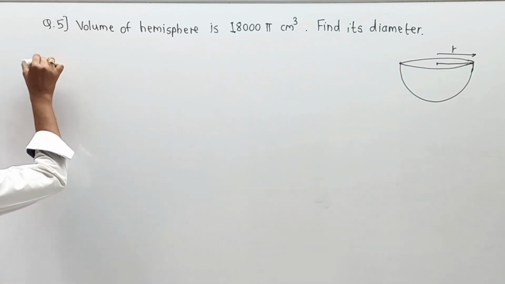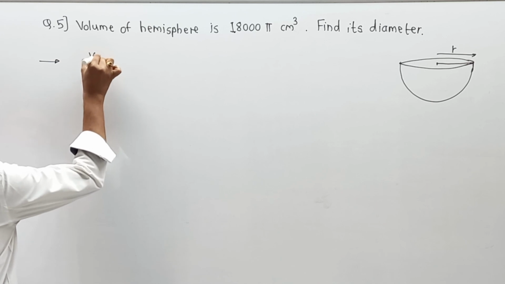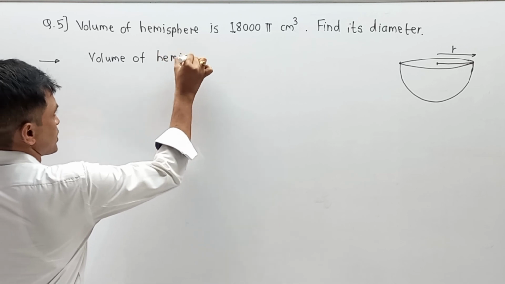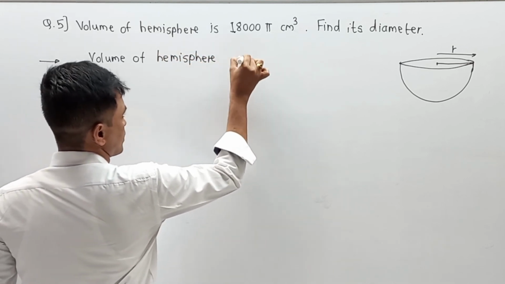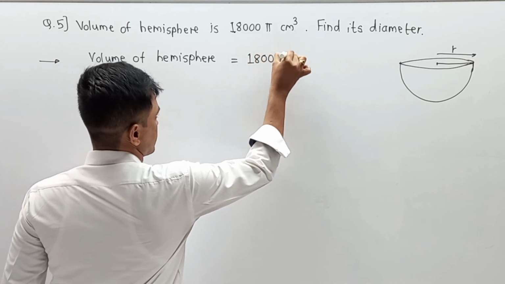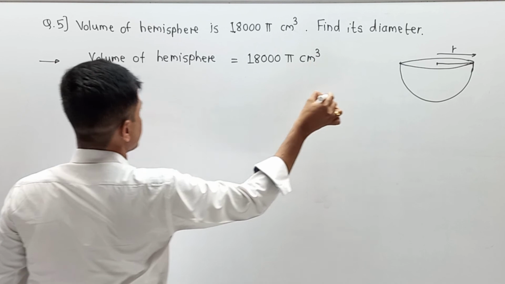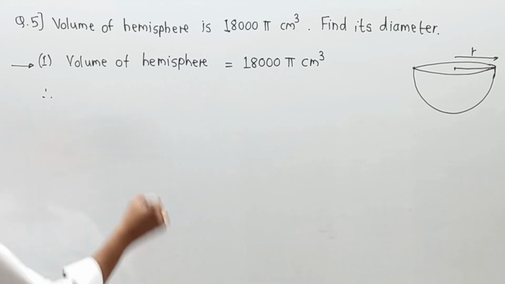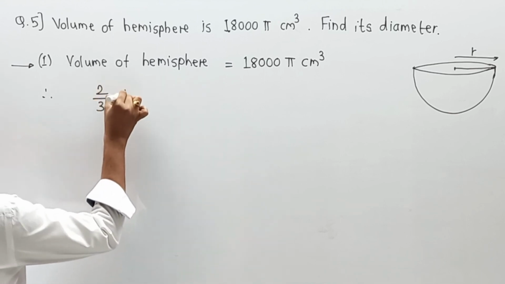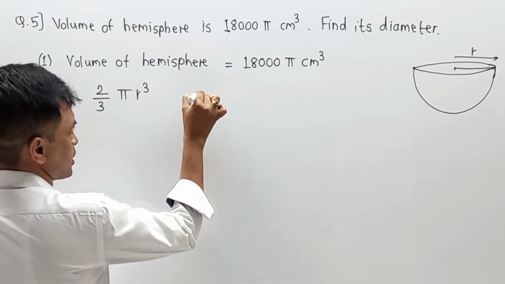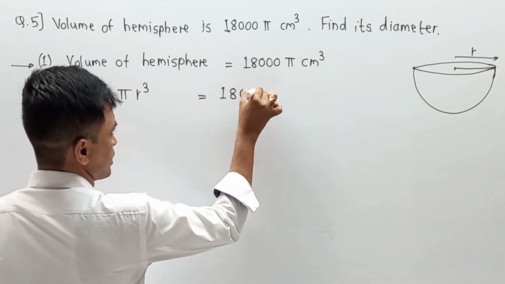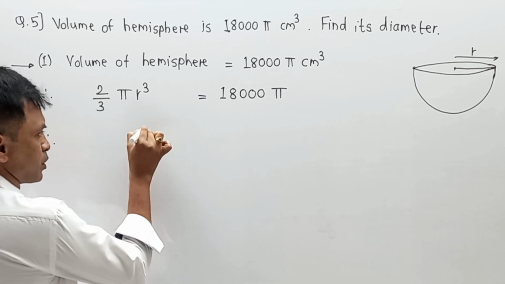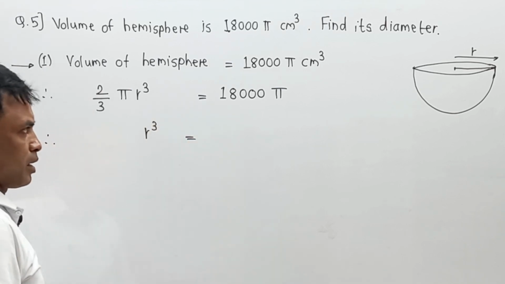So solving that part, as per their condition, volume of hemisphere is equal to 18,000 pi cubic centimeter. They have given us; we know that volume of hemisphere, we have the formula 2 upon 3 pi r cube is equal to 18,000 pi. Now the next part is simplification. Here r cube is equal to,